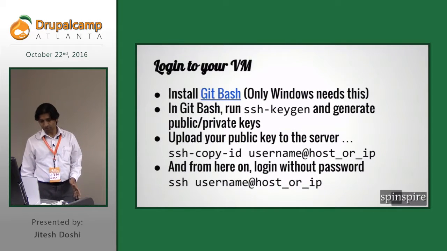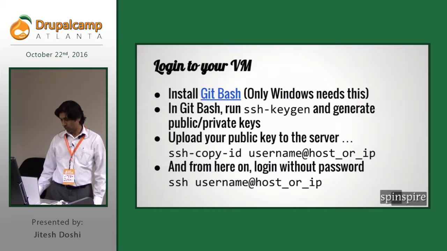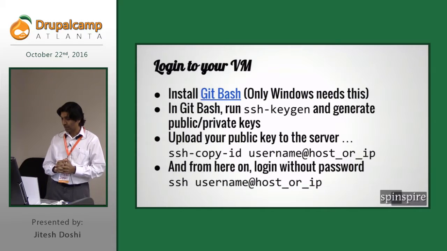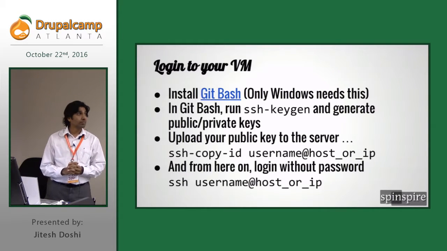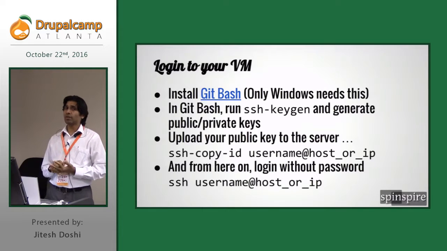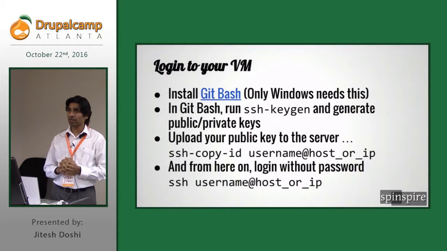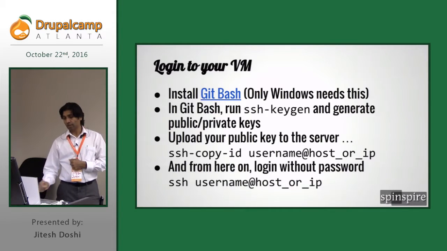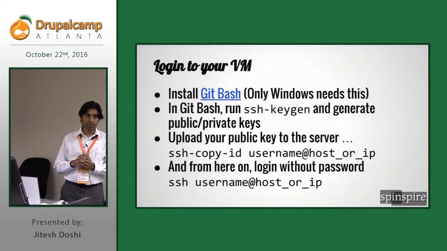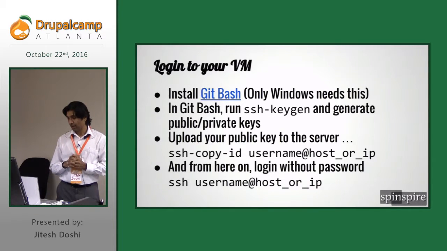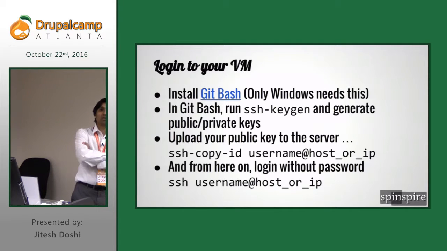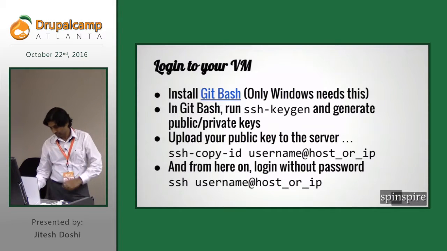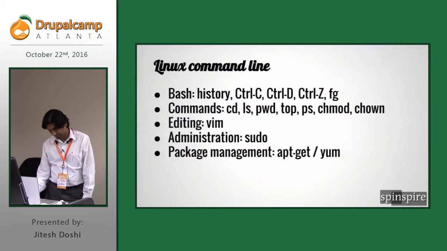Okay, so assuming you have signed up for a VM, you install Git Bash locally on your machine. Like I said, that's a good SSH client, and then you generate a key. Does everybody here know what SSH keys are and why you should have them? Okay, good. Then you generate keys, and then you copy the key using a command called ssh-copy-id, and you upload your key. From that point onward, you'd never have to supply a password. I guess you guys already know that then.